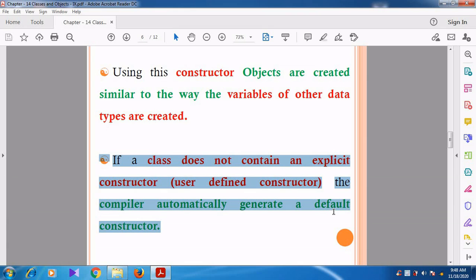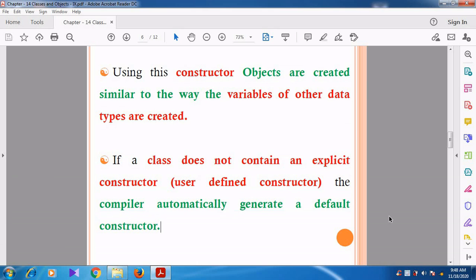Whenever we create the constructor in the program, there is no problem. But whenever the user does not create the constructor, then at that time the compiler will generate the default constructor automatically. Can you understand, students?